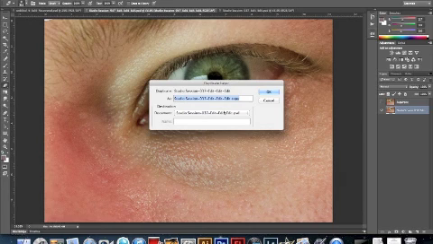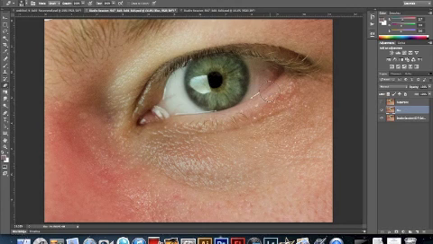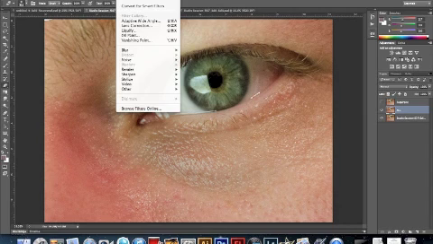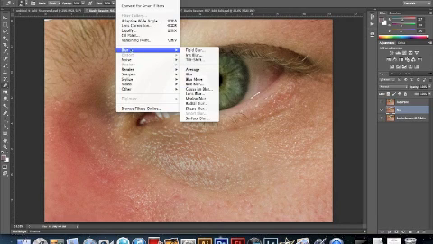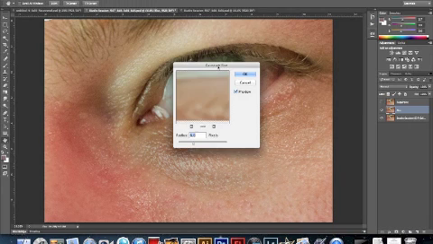I'm going to call this the blur, because I want to get a little bit of really high-end blur on this particular skin tone. So I'm going to go from here and go to filter, blur, and we have the Gaussian blur. This is going to allow me to